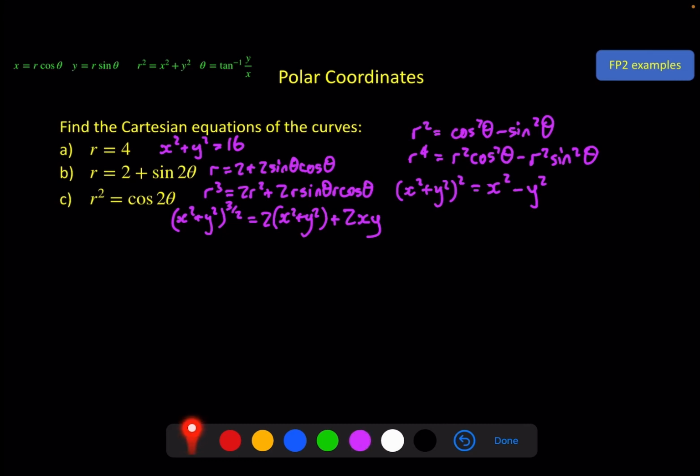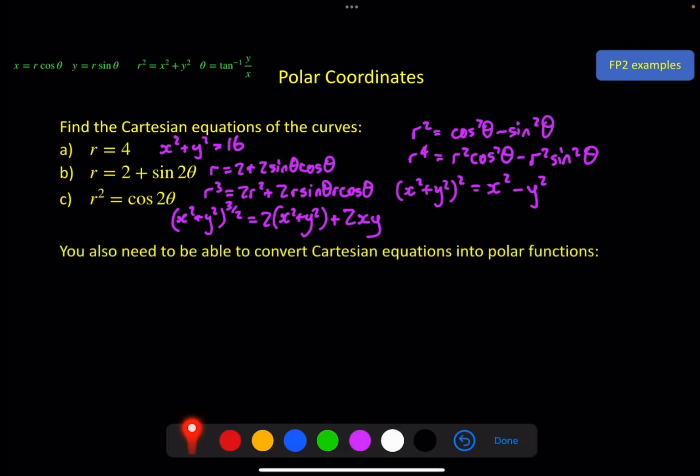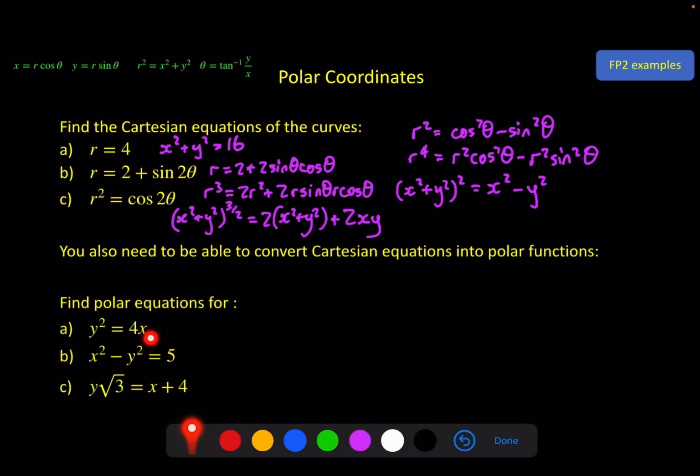So we have quite a few examples there of changing polar equations into Cartesian equations, but you also need to be able to change Cartesian equations into polar equations. Now this is not quite so difficult. Whether you found that difficult or not, this is easier because all you need to do is substitute y equals r sine theta and x equals r cos theta everywhere you see a y and an x. So this first one here, we've got r squared sine squared theta for y squared